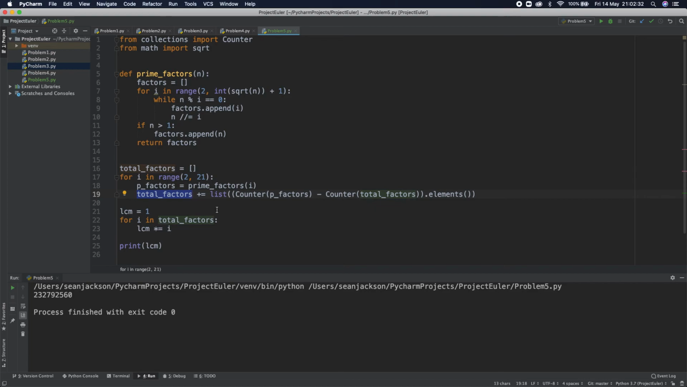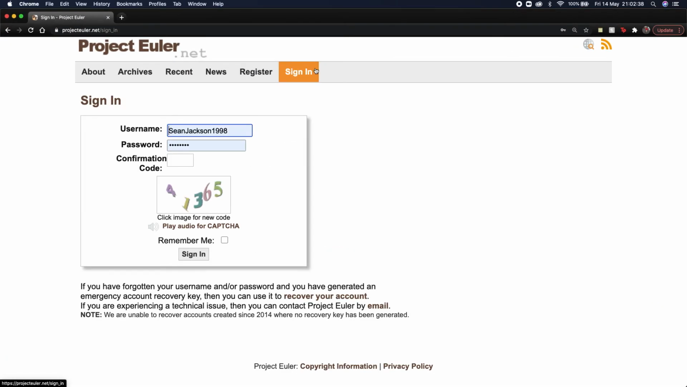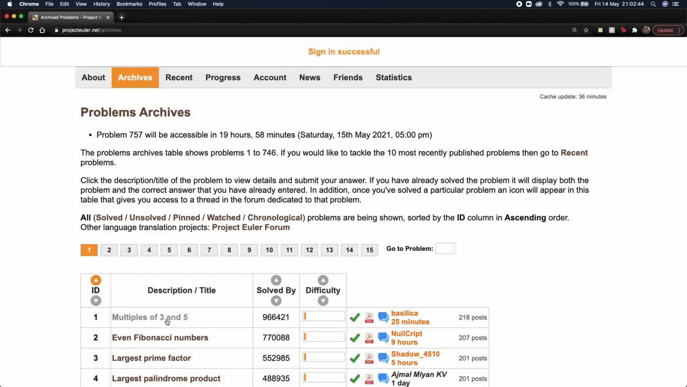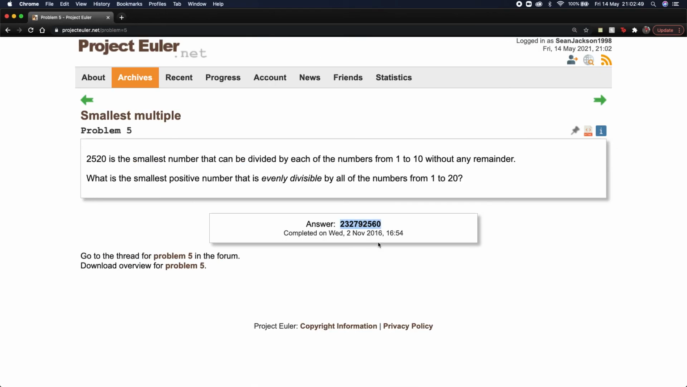So I'm pretty confident that this is the right answer then, because it worked for 10. So let's just sign in and double check. 4, 1, 3, 6, 5, and smallest multiple. Boom. Yeah, like I said, I solved this before, so unfortunately we don't get to type the answers in,